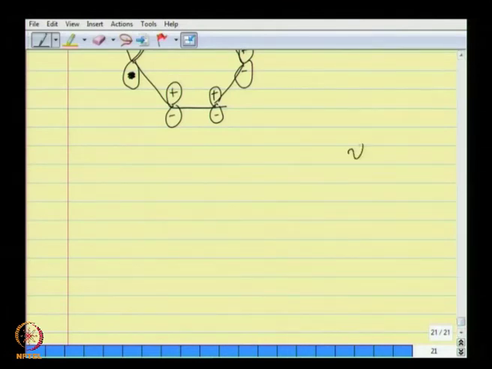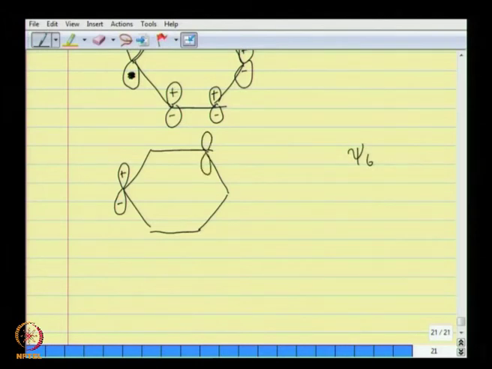What about psi 6, which is also easy to draw, because for the carbon p orbitals every alternate p orbital is of the same sign. So, you have plus minus and plus minus,